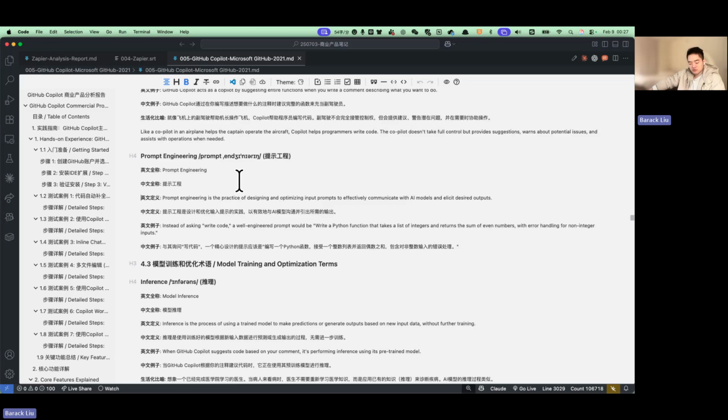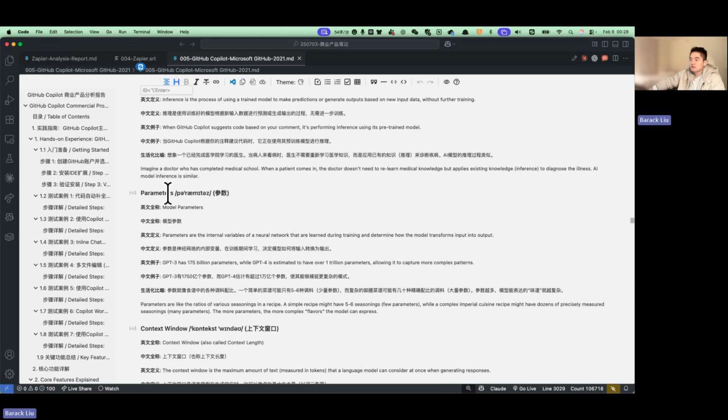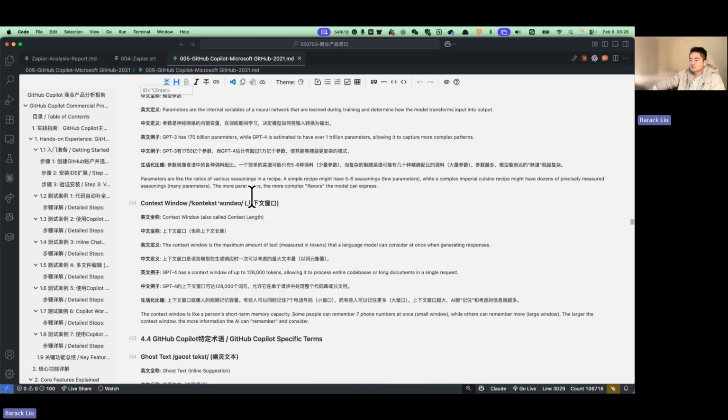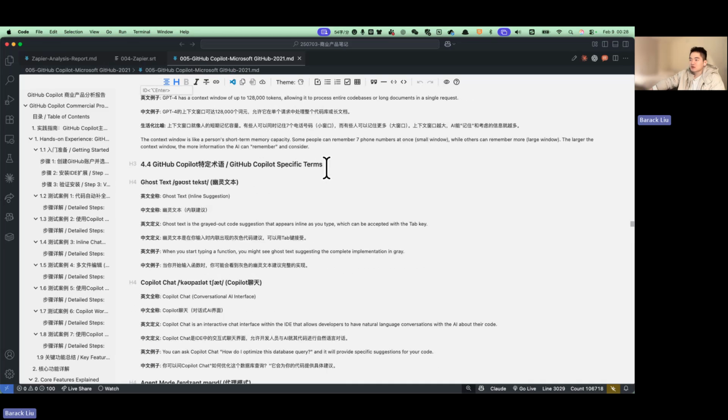I guess that a person who can efficiently communicate with humans should also be able to efficiently communicate with AI, because it's all about context, right? How I express myself clearly and provide enough background. And terms related to model training and optimization, such as inference, parameters, context window. Here are some GitHub Copilot related terminologies like ghost text,